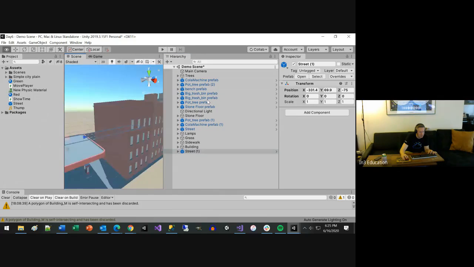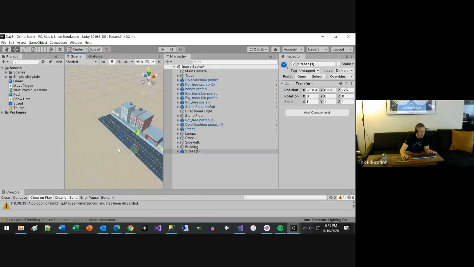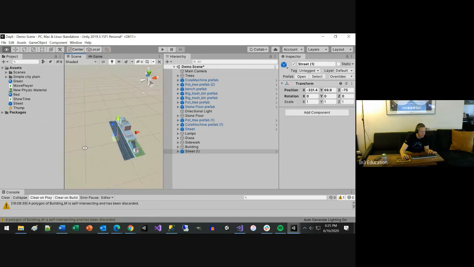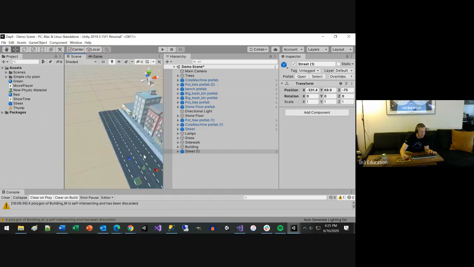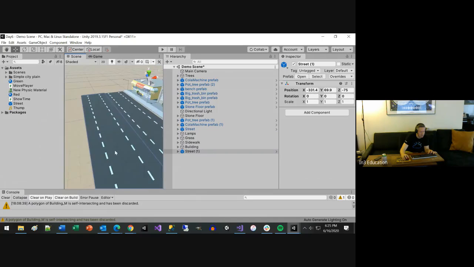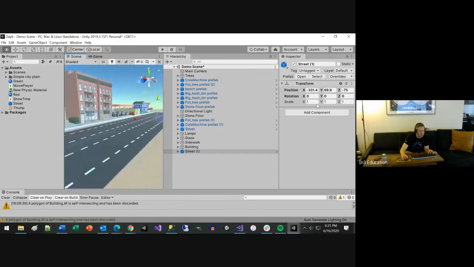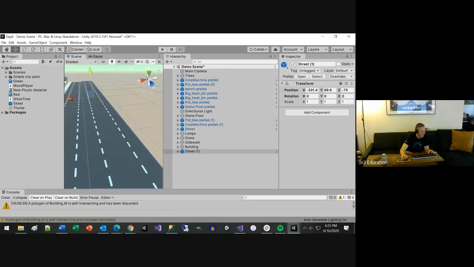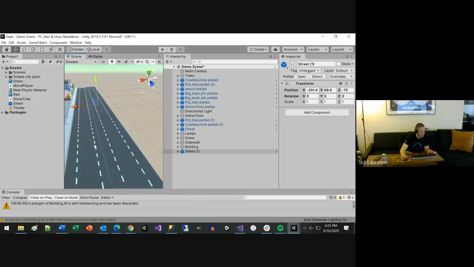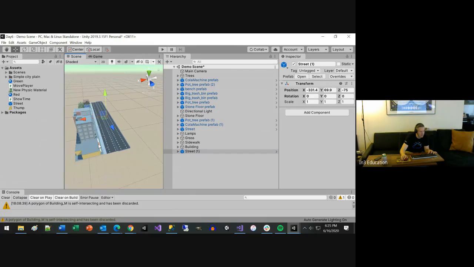Looks right. Yeah, did everyone manage to get a 2-lane or 4-lane street, whatever? I guess this would be a 4-lane street. Does that make sense? Good, good. Let's go